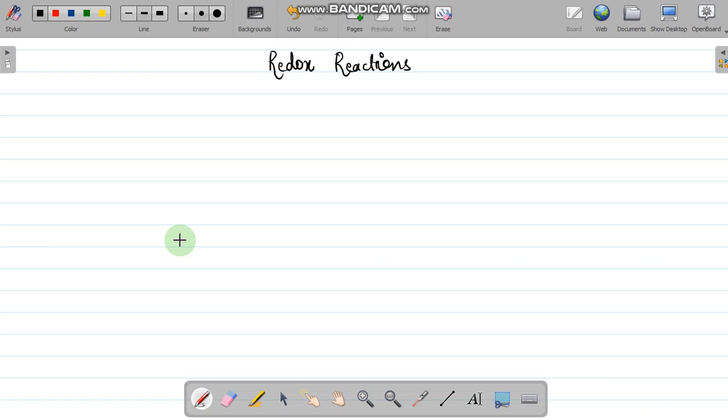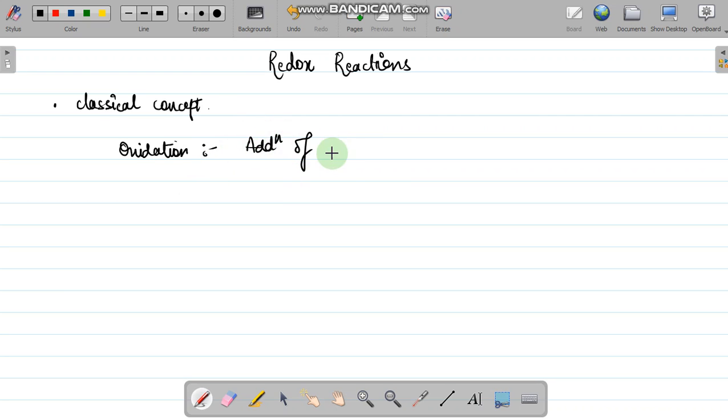So if we look at oxidation reduction reactions, or redox reactions, the first concept which we did in grade 10 is the classical concept. If I say that oxidation has taken place in this reaction, what does it mean? Oxidation means addition of oxygen or any other electronegative element,